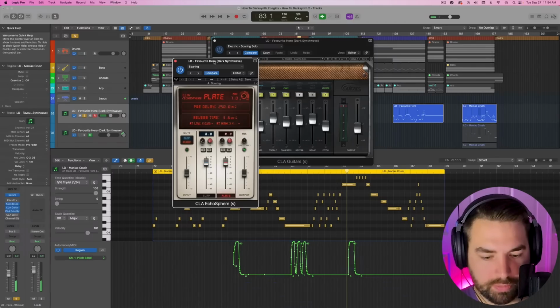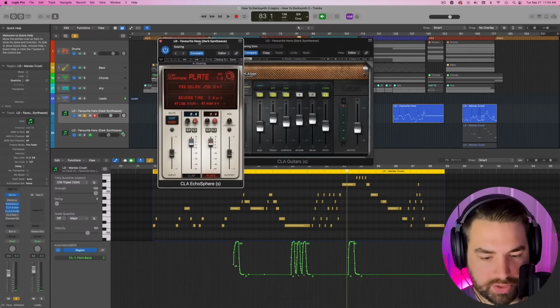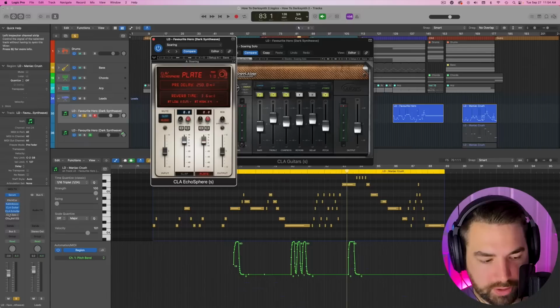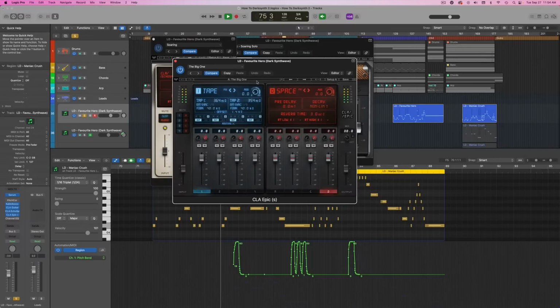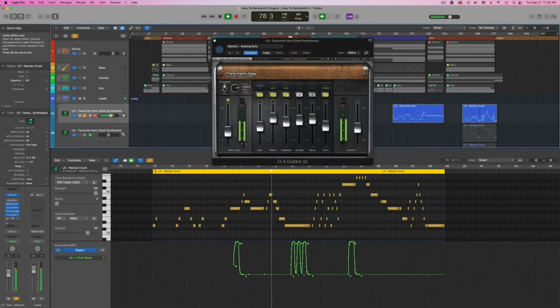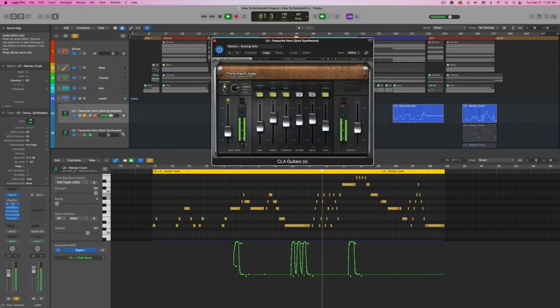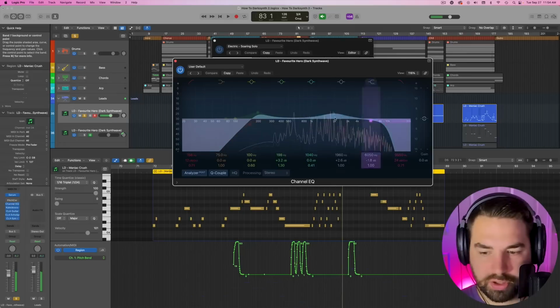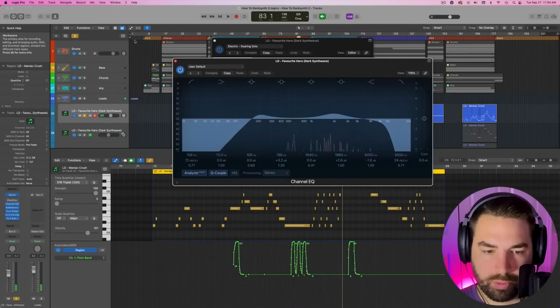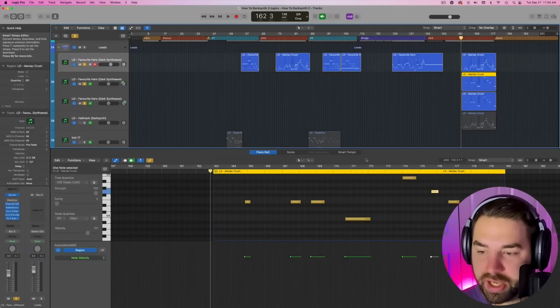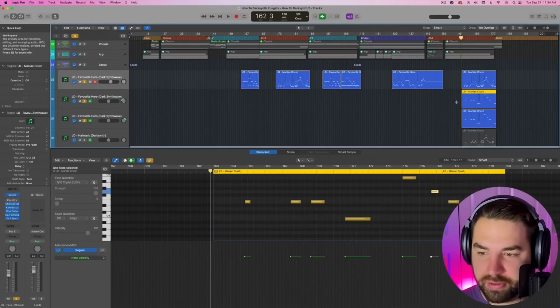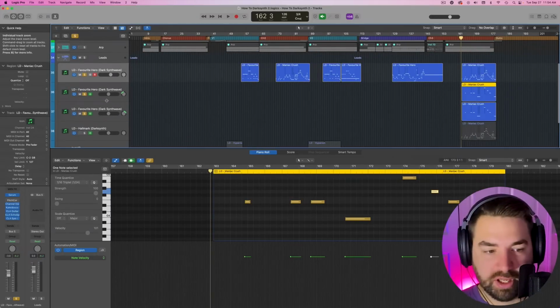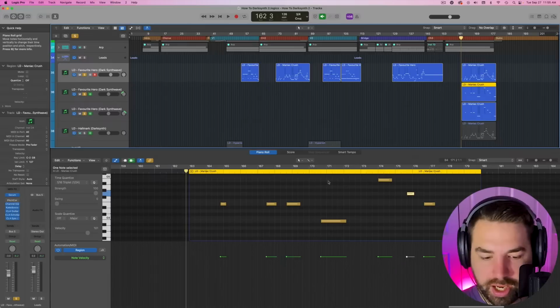And I got some CLA Echosphere to add some reverb and delay. Same thing with CLA Epic. And I also got just some EQ to try to shape it more into a guitar type of frequency range here. At the end here, I've got some more instances of the Favorite Hero preset here,